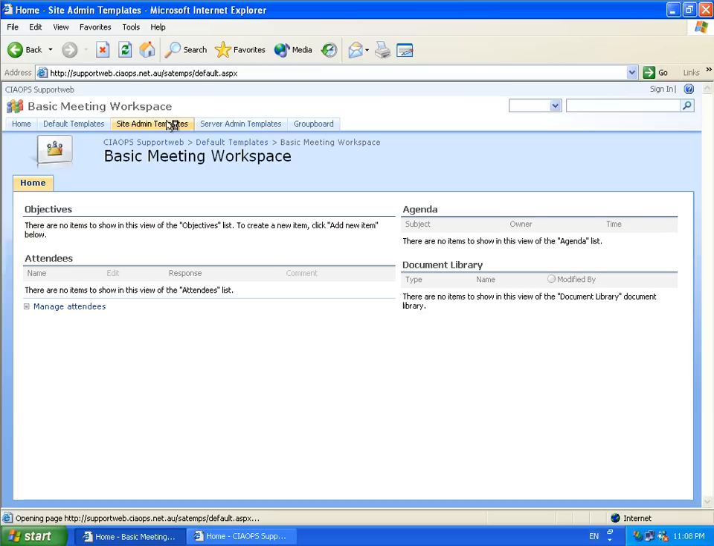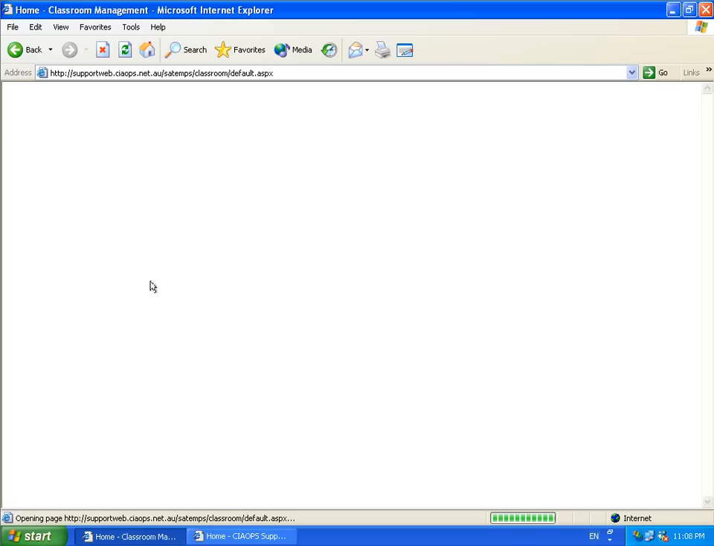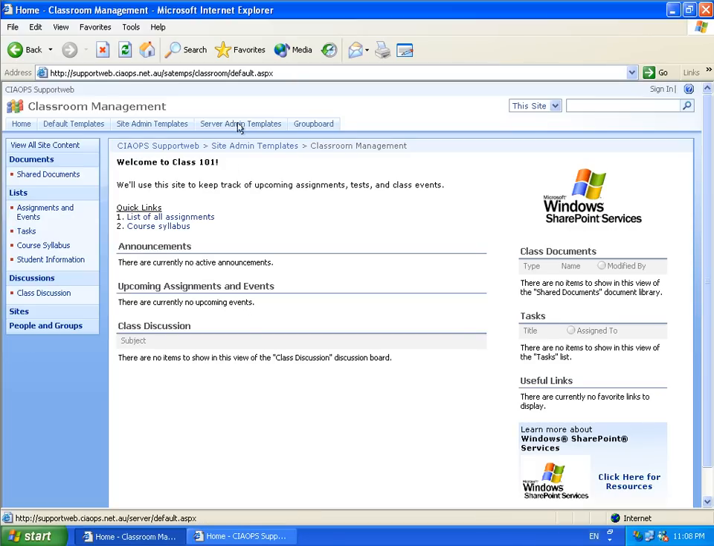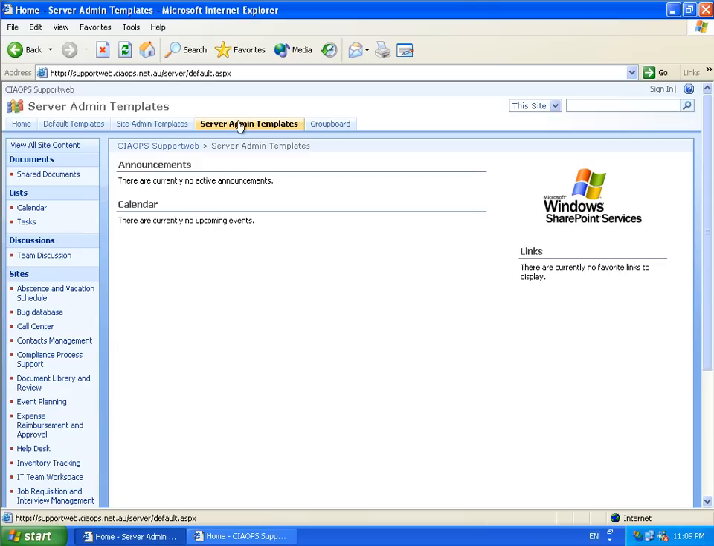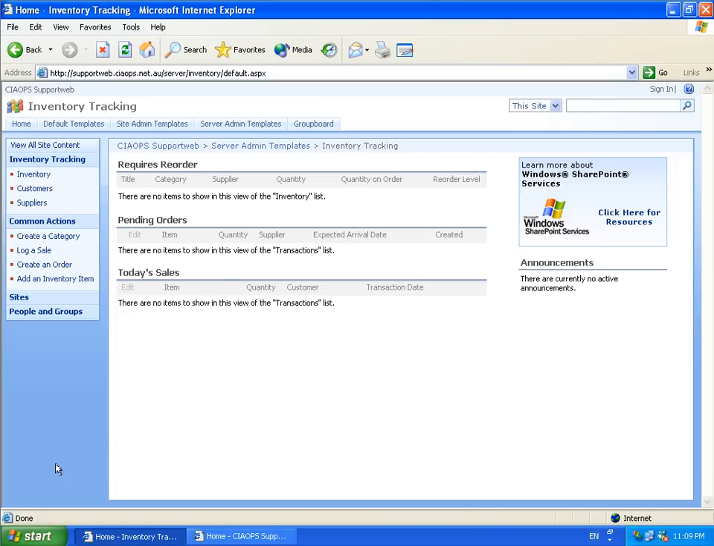If we look at the site admin templates, which are available as a free download from Microsoft, we can have a look at something like classroom management template. Again, we can look at server admin templates, again a free download from the Microsoft website, and something like inventory tracking. Okay, so all these templates are available free from Microsoft, but to give you an idea of exactly what they look like, they're available on Supportweb. So if we return to the home page,